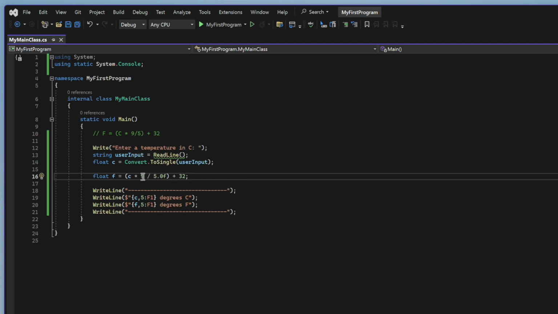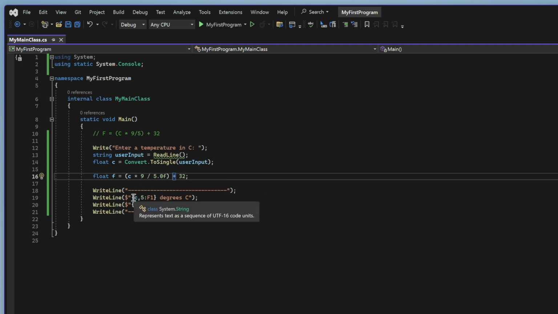We then create another variable called f, and we write our calculation here where we take Celsius, multiply it by 9/5, or multiply it by 9 and divide it by 5. And we talked about how we can't just write the number 5 when we're doing division because it will get rid of any decimals. So instead, we have to make sure we're using a float here as well. And we did that by specifying the letter f, and then we add 32. We store the result here, and then we print out our output, and we're using our format shorthand, our string.Format